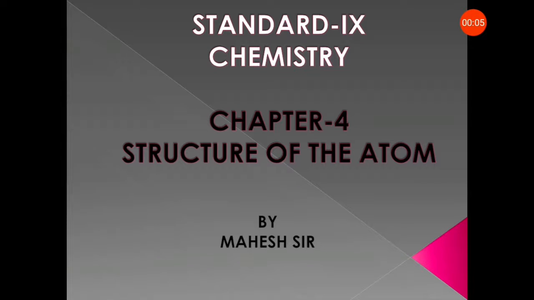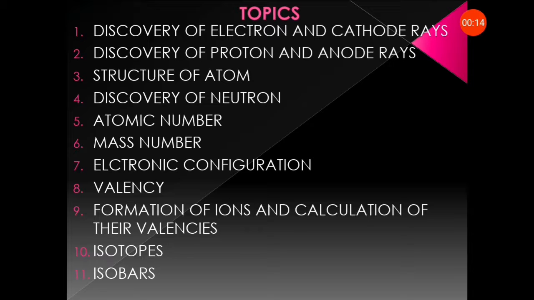We are in chapter 4, structure of the atom. As we have discussed most of the topics in this chapter: the discovery of the electrons by Sir J.J. Thomson model, discovery of the proton by Goldstein model, in that the schematic diagram of cathode ray tube and the production of anode ray, and the structure of the atom. We have discussed the two important structures of the atom, that is Bohr's model of an atom and Rutherford model of an atom. Then we discussed the discovery of the neutron.